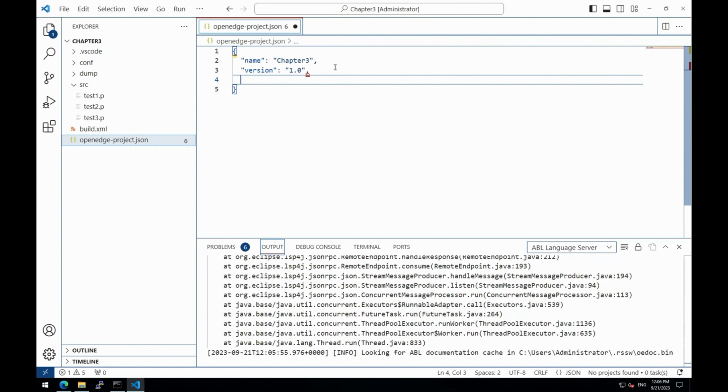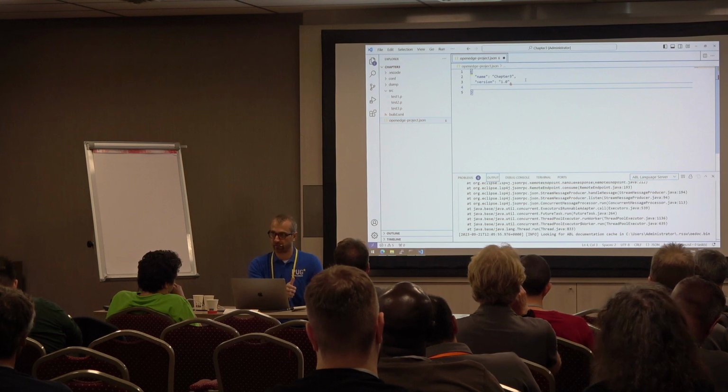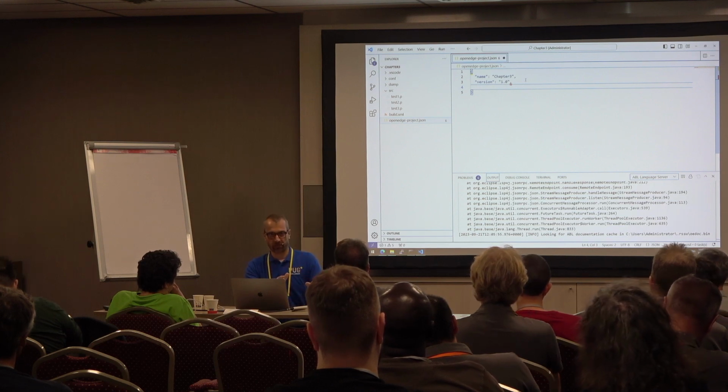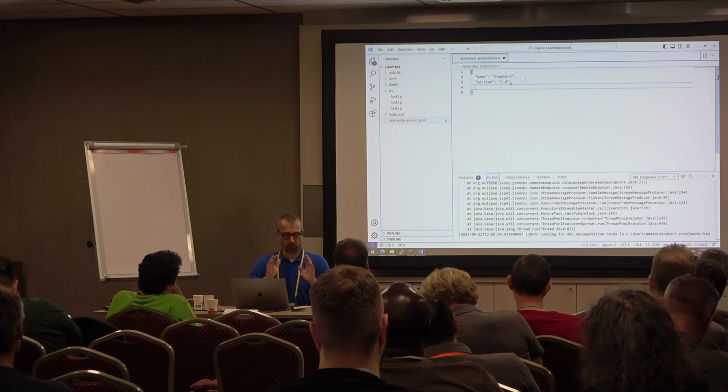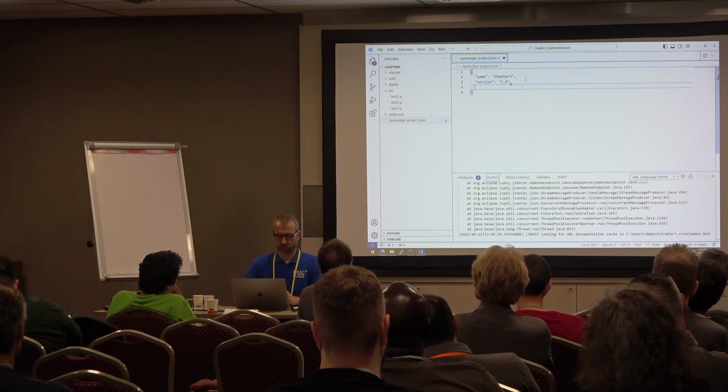So this is much more like Developer Studio, where you have to define your project configuration. You have to store that on disk, so that when you open VSCode, you have access to the right propath, to the right set of database connections. So this is not a replacement for the procedure editor. That will never become that. It is a project-based environment.